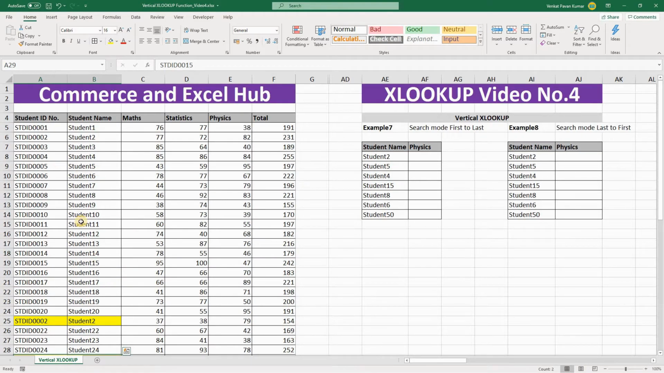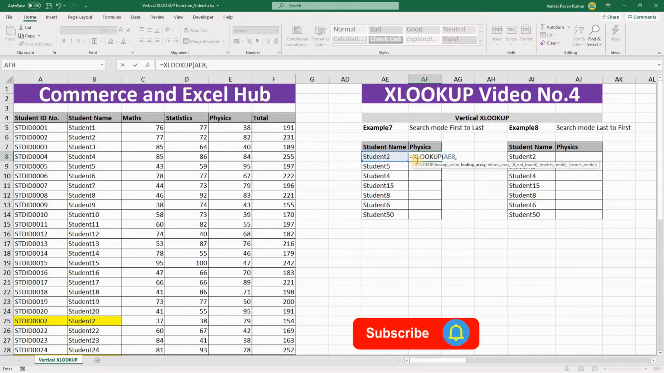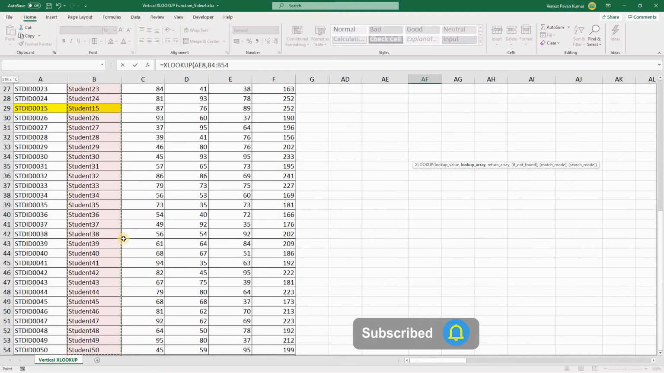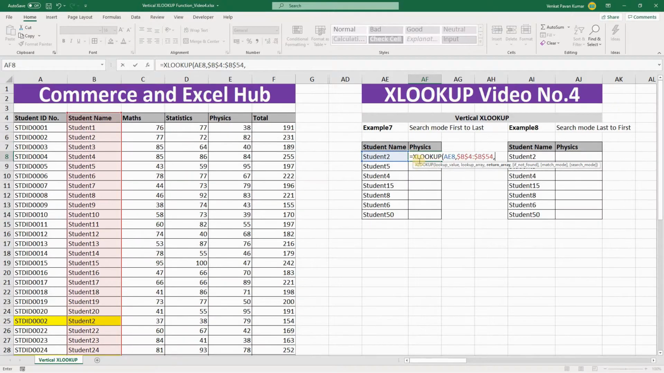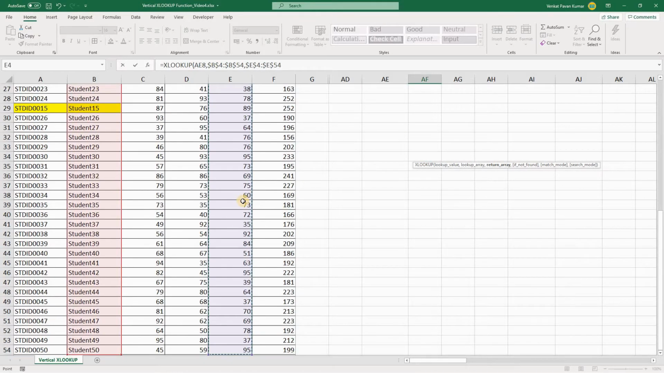Okay, so now let us write XLOOKUP for example 7. Then we can see what this search mode first to last is going to do. Okay, so here I'm going to write XLOOKUP, and the lookup value will be the student name, and the lookup array will be the student name column in the source table. Select the entire column, hit F4, comma, and then return array. So here we need the score for subject physics. So I'm going to select the physics subject column and hit F4, comma,